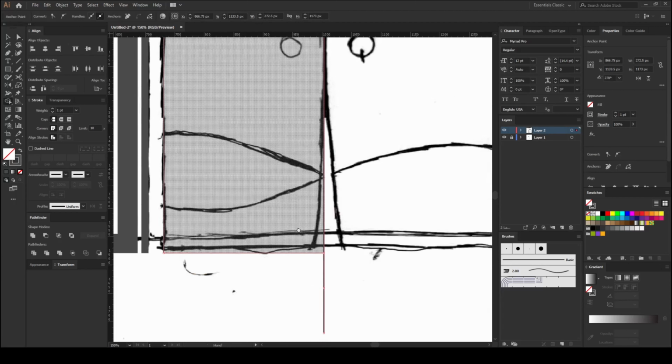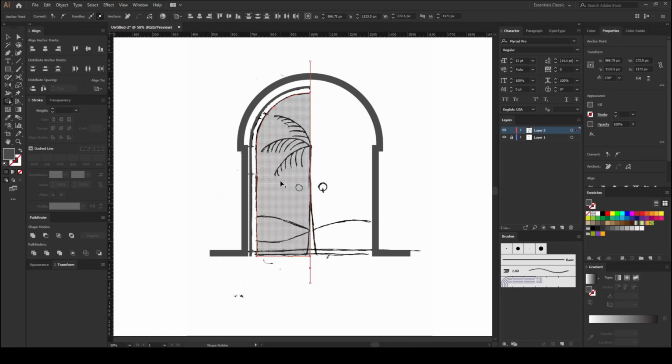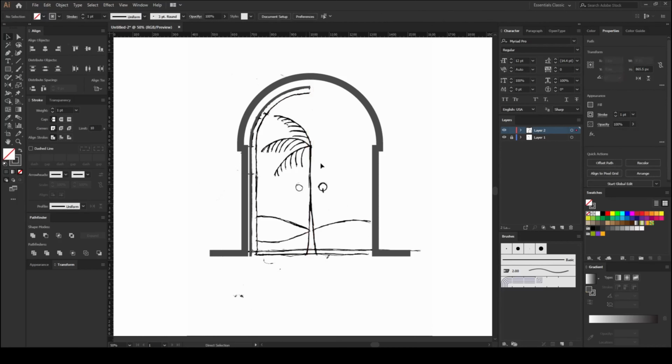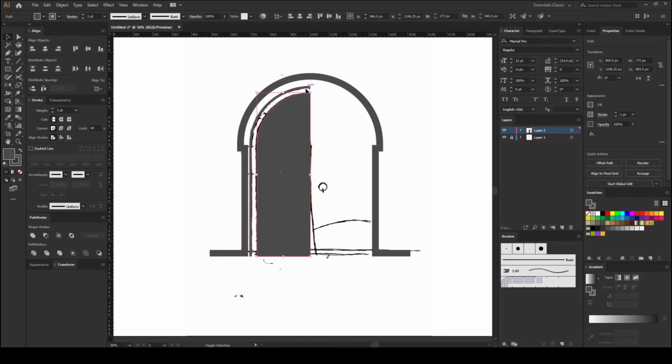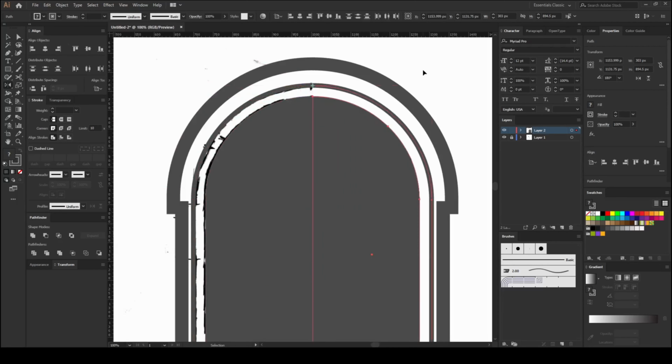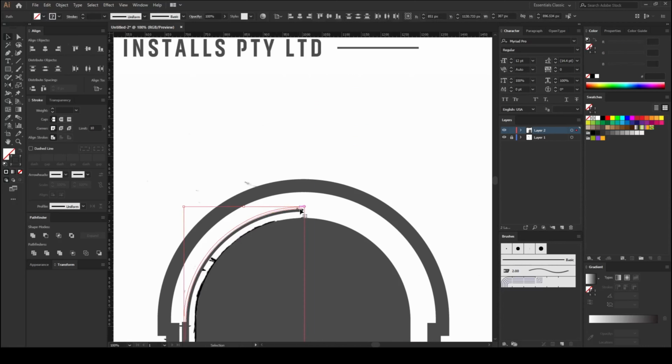Then I use a shape builder tool. Now, copy for the other side.